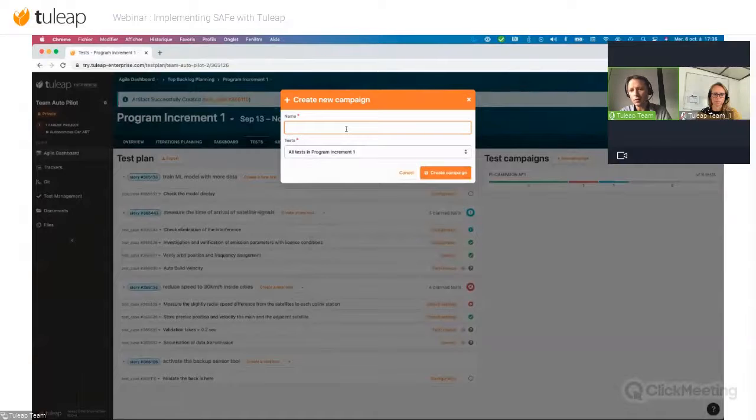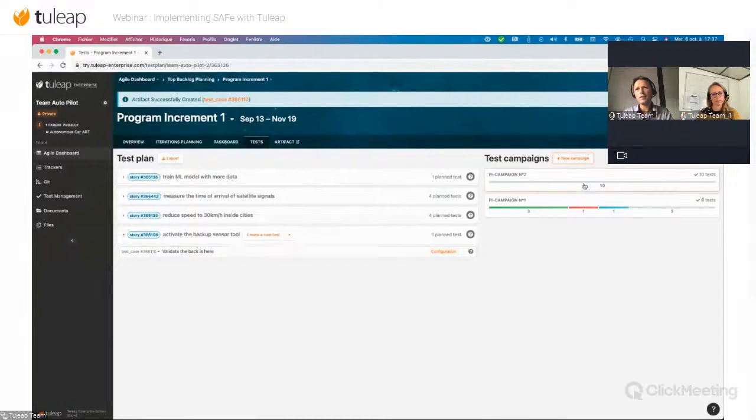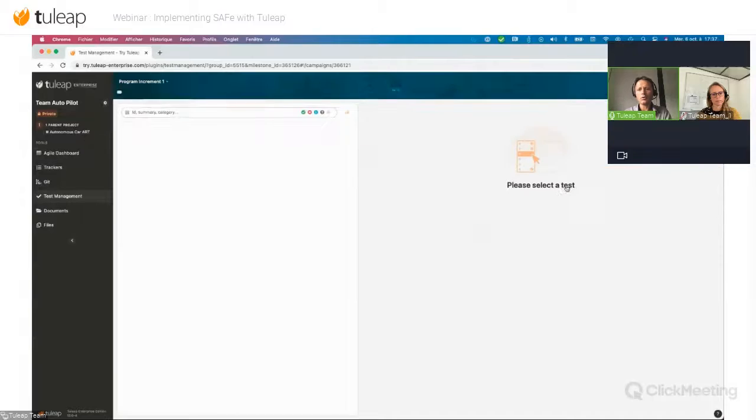So imagine this is close to the end, and we have to prove to the program that all the user stories that we have done in this team are compliant with the criteria that were defined. Okay, so I create the campaign, and we say number 2. Okay, so what happened here? We load all the test definitions. So I have 10 test definitions that were loaded, and now I can go on the tool,